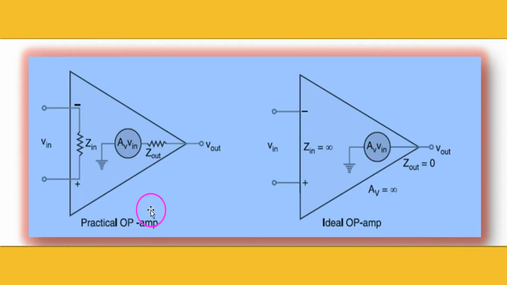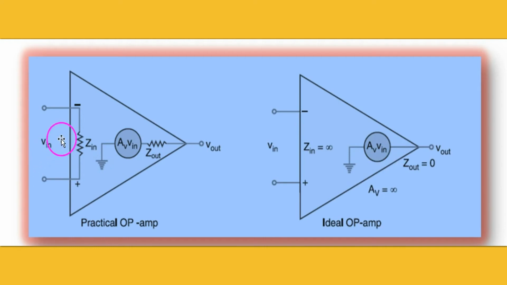Okay. This is an ideal op amplifier having two inputs, and the resistance between the two inputs is an open circuit. Open circuit means input impedance is infinity. Z means impedance. Input impedance is infinity between the two. And here this is the voltage which is amplified by the op amp, that is A times the input voltage, and here no resistance is shown, like output resistance is 0 for the ideal op amplifier. The ideal op amplifier has Z out equal to 0, as well as gain equal to infinity,